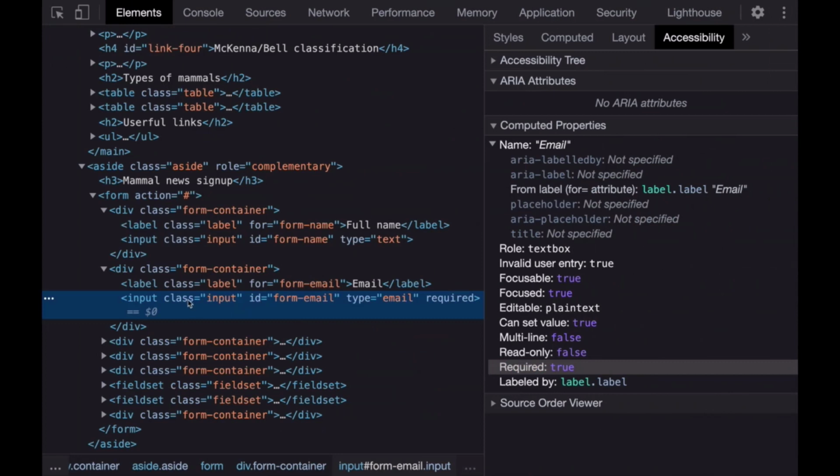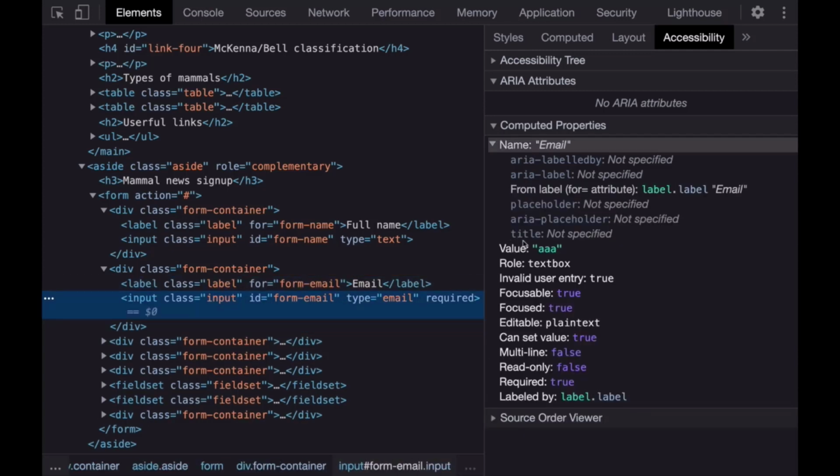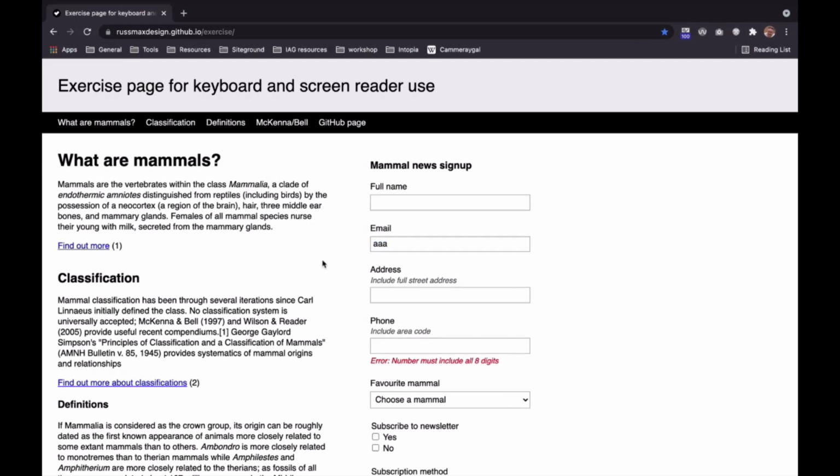You can see that email input is still exposed in the accessibility tree, but what we want to do is see if it has a value attached to it. And if you look here, you can see the value is AAA. So as a user types in a field and then moves on to another field, the value becomes exposed in the accessibility tree.